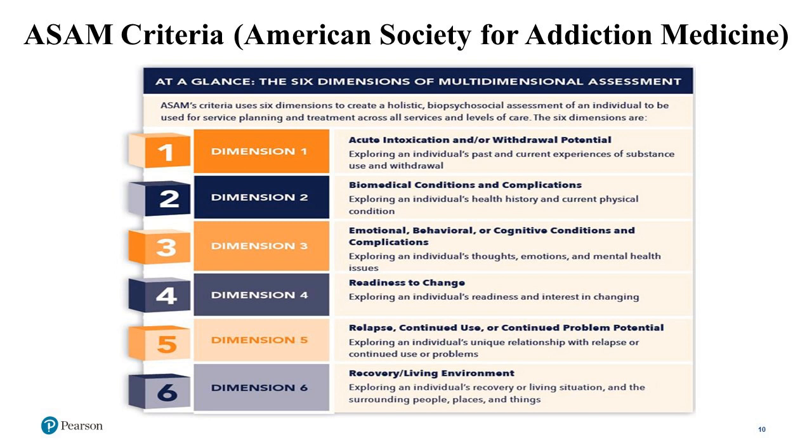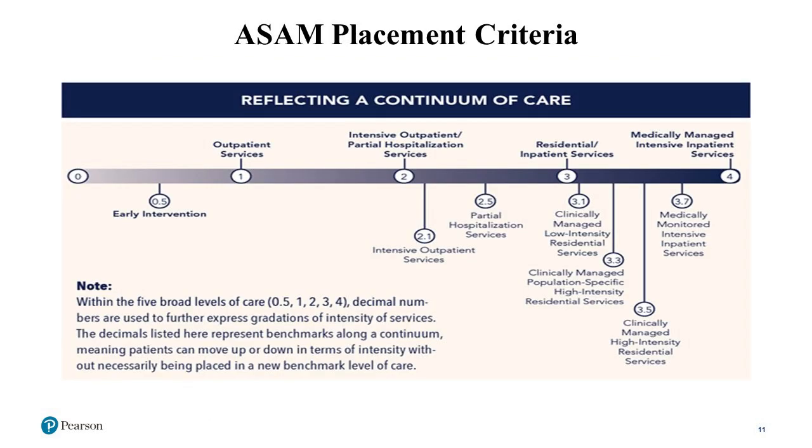And then Dimension 6 looks at the recovery environment, family systems issues, and so on that maybe are contributing to their substance use. So the interviews, together with the ASAM placement criteria, really allow treatment entities to be honing in on those risk areas for sustaining their substance use behaviors, and then where to really stop and intervene. So the placement will be on a continuum of care based on the information that is obtained,